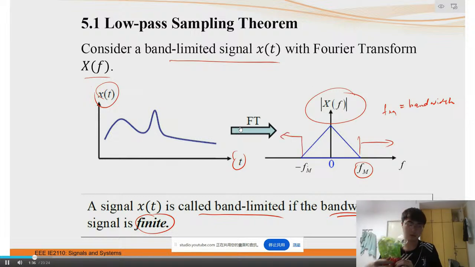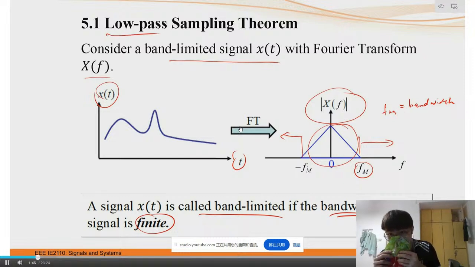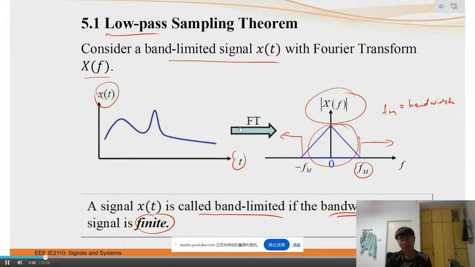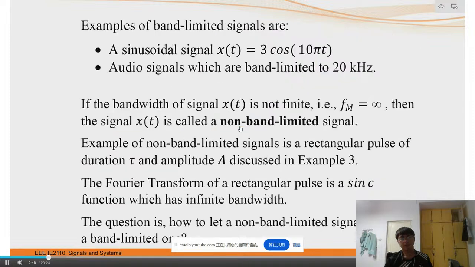Therefore, this amplitude spectrum behaves like a low-pass spectrum, and hence the term low-pass sampling theorem. We're dealing with this kind of baseband signal. It's important to note that band limited refers to the signal itself, as its intrinsic characteristic. It has nothing to do with the filters we discussed earlier at all. So this is the intrinsic characteristic of this time domain signal. Now, examples of